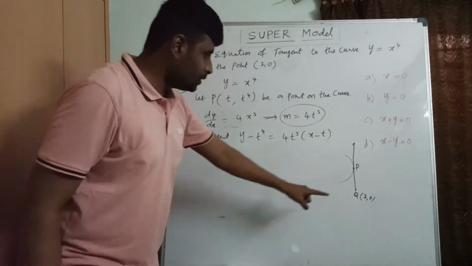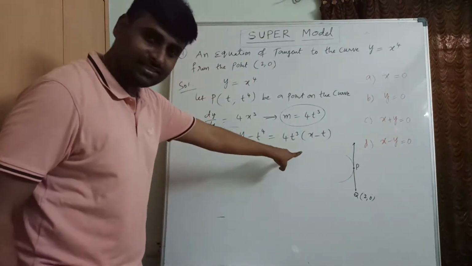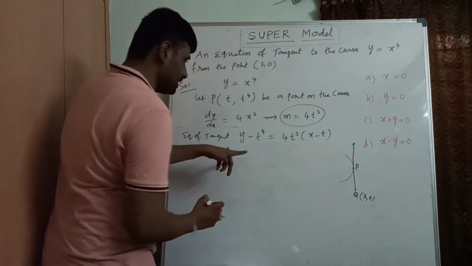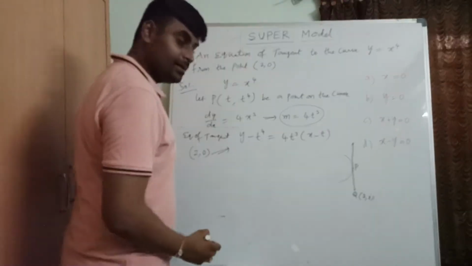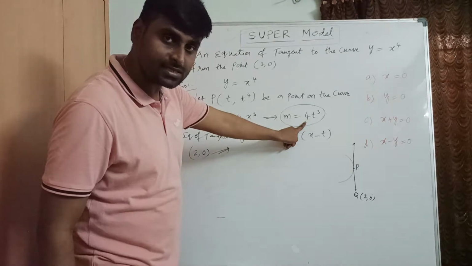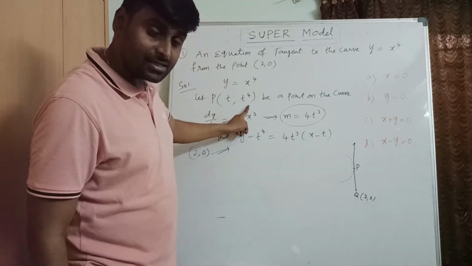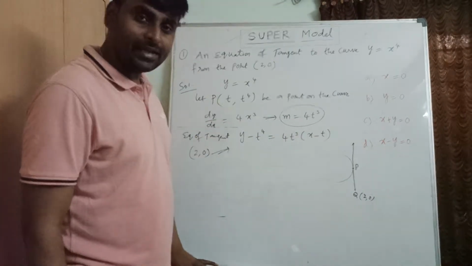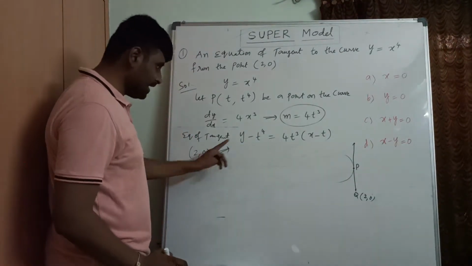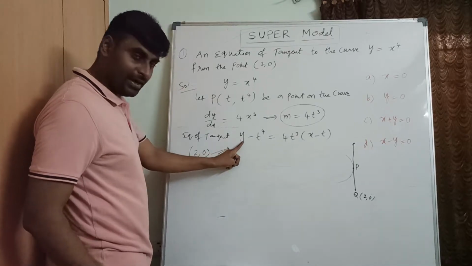So (2, 0) also lies on this tangent. Substitute it there and we'll get the t value. After getting the t value, the slope and point will become original, then we find the equation of tangent. So now substitute 2 in place of x and 0 in place of y: